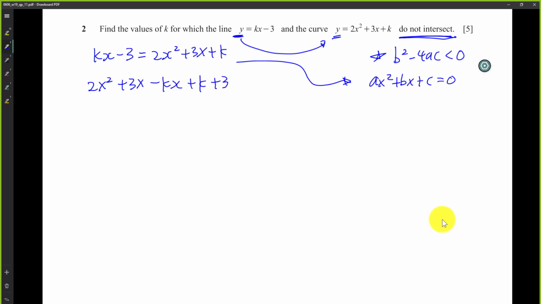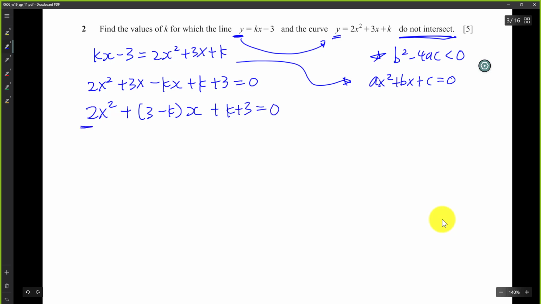I move everything to my right hand side, so equals 0. So this is 2x squared, and then I factorize out my x, so it's (3 minus k)x, plus k plus 3 equals 0. From here you should know your a equals 2, your b equals 3 minus k, and your c will be the last one without x,